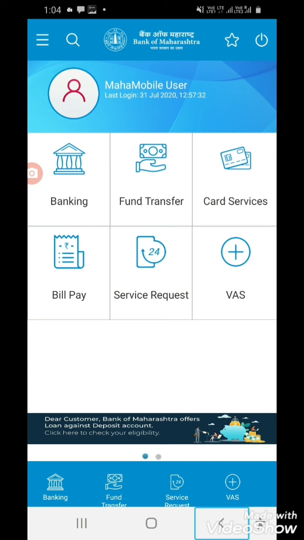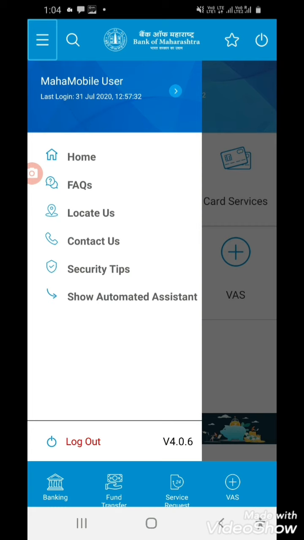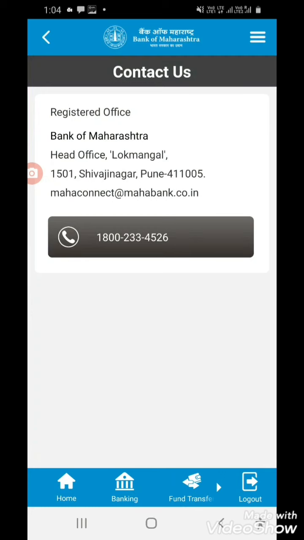So if you check through Google, sometimes you will definitely get wrong customer care numbers. For this also, in this application, press the 3-dot button and Contact us.